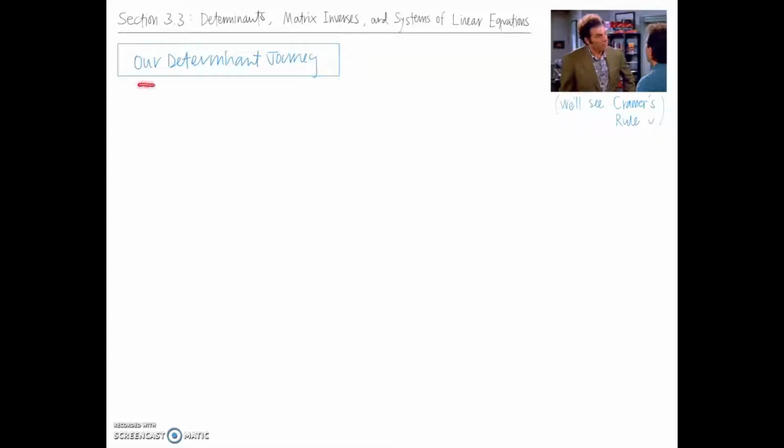So think about our determinant journey so far. It started back in section 3.1. That was the very first time that we even mentioned the word determinant. Up until then, we were pretending we didn't know what it was. Some of you have seen it before, but we didn't even mention it before section 3.1. So if we think of this determinant journey as sort of this long winding path, the very first thing we did was we talked